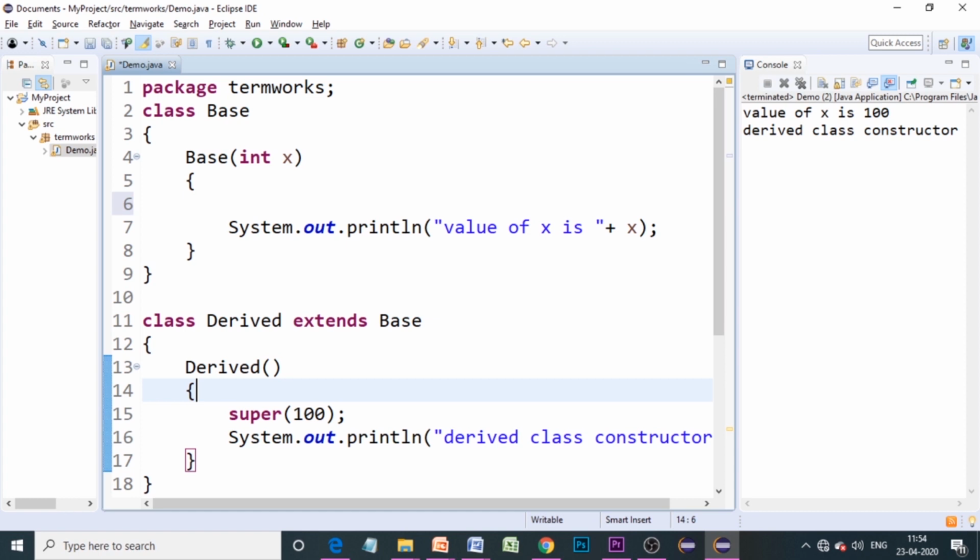Another use is when you have the same method names in the super class and subclass, you can access the super class's methods using the super keyword. And third is when you would like to access the super class's constructors, especially if you have a parameterized constructor, you can pass the values through the derived class's constructor using the super keyword. So these are the three important features of the super keyword, and that's all for now.